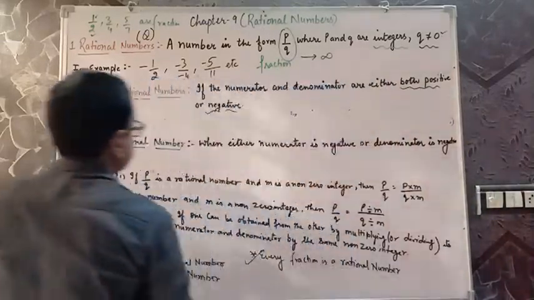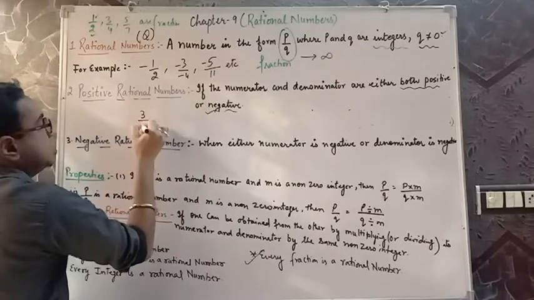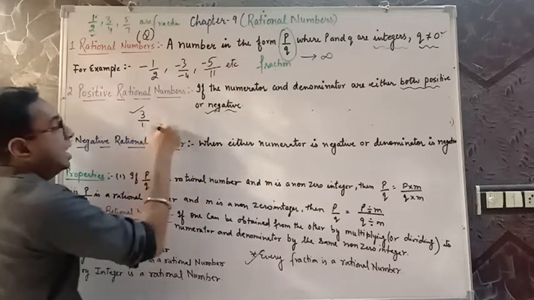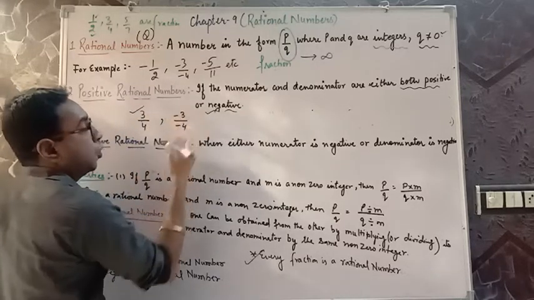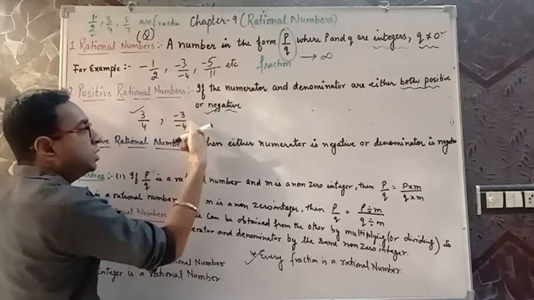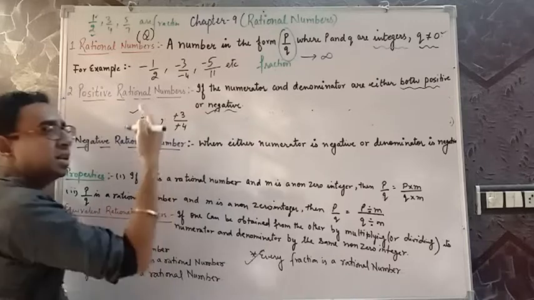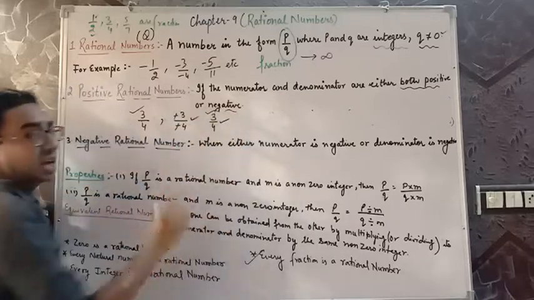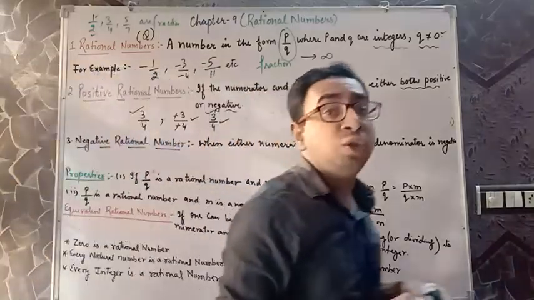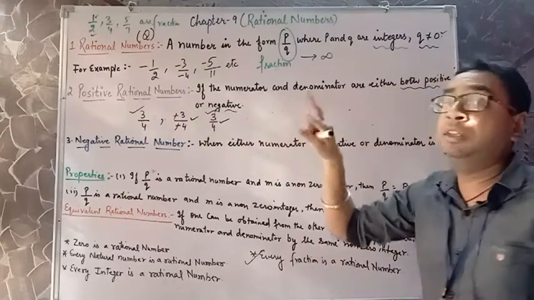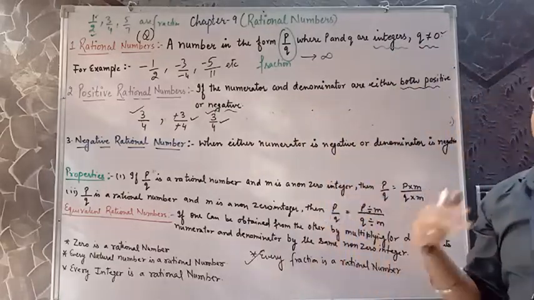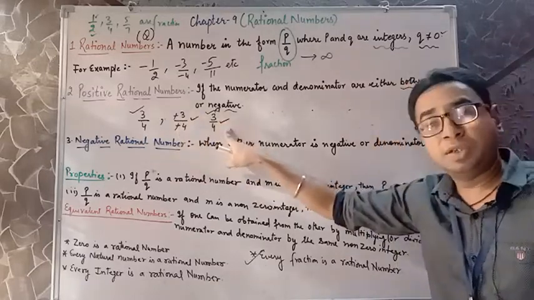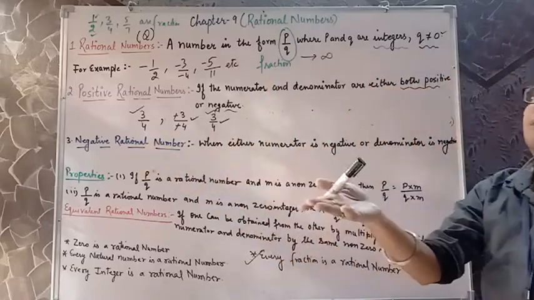See, very important. If I'm writing 3 by 4, numerator has a positive sign, denominator has a positive sign, positive rational number. But if I am writing minus 3 by minus 4, what will happen? Both have a negative sign. Can I cut the negative sign? The negatives will cancel out each other. Hence, the resultant will be 3 by 4, which is a positive rational number. Hence, the condition: numerator and denominator must have the same sign. Either both positive or both negative. Even if both are negative, the negatives will cancel each other. The resultant will be a positive rational number. Clear with that?